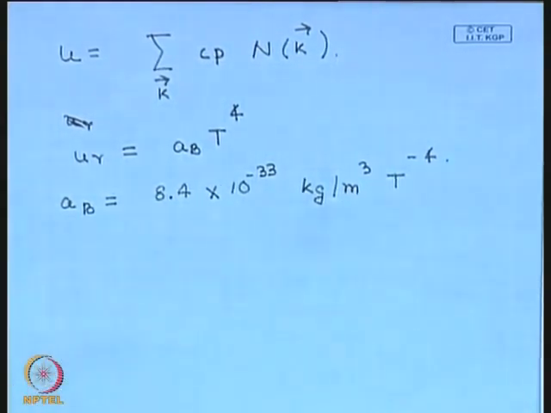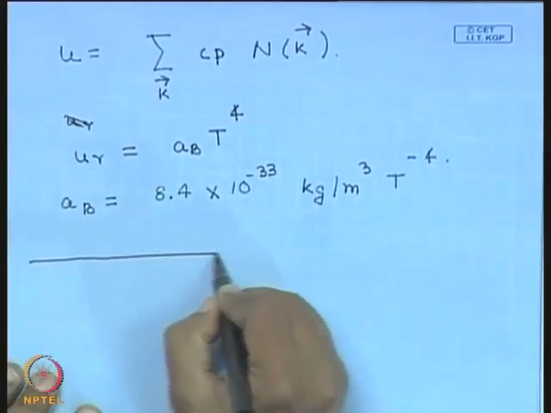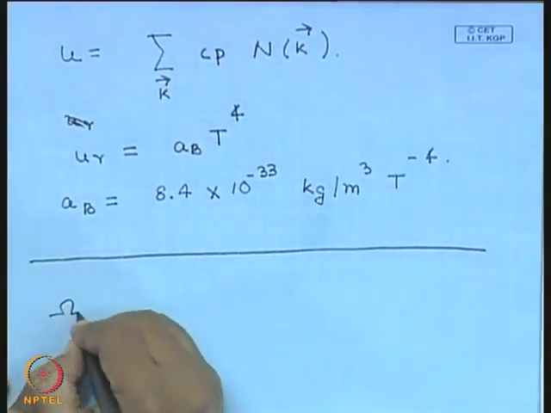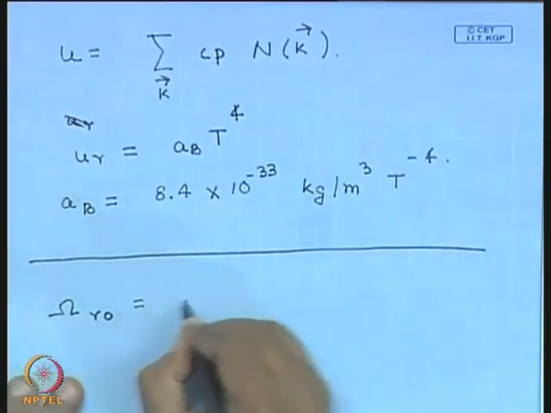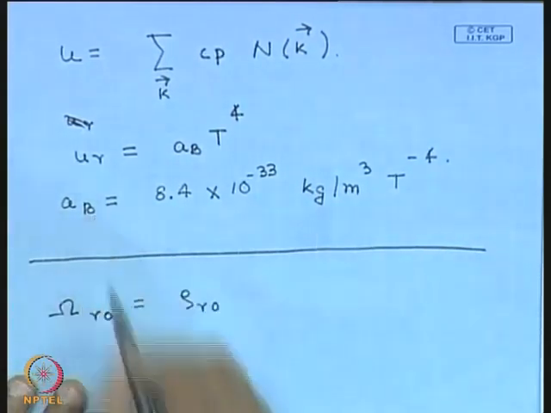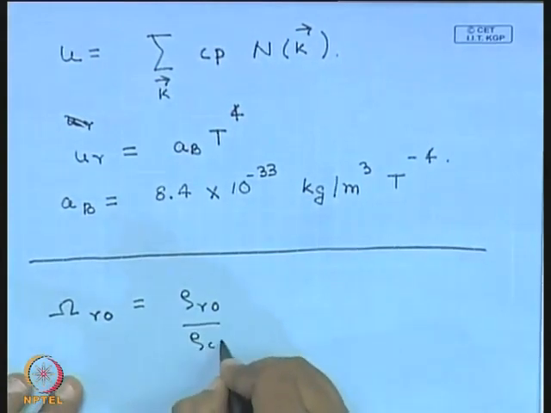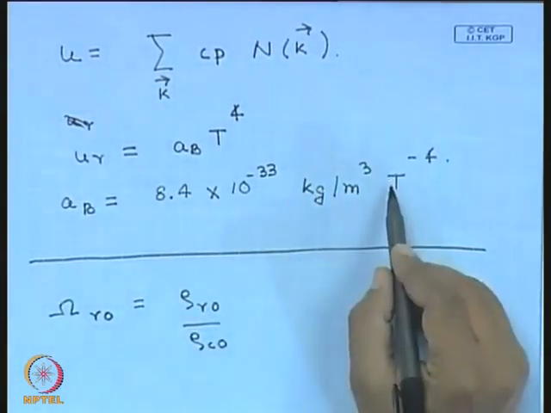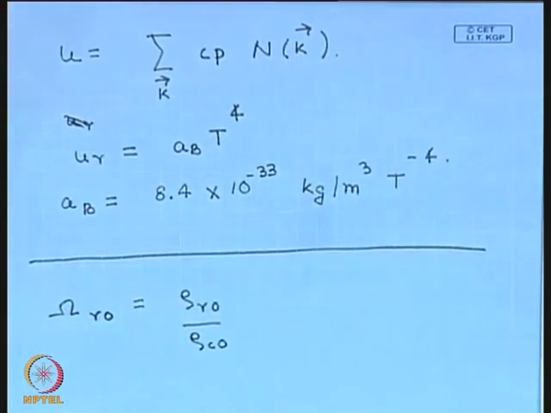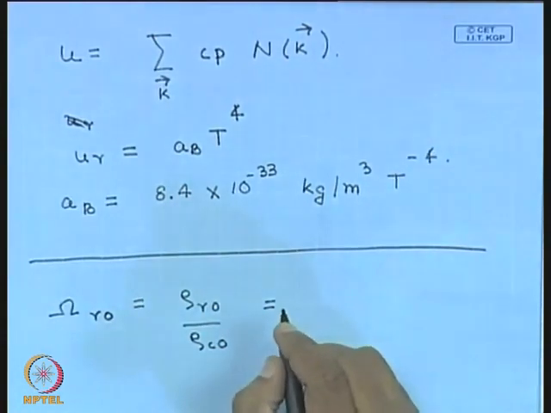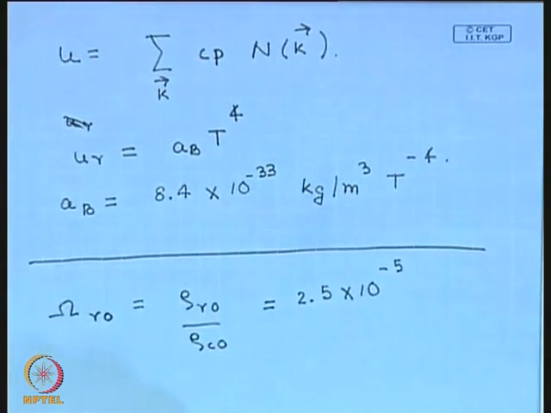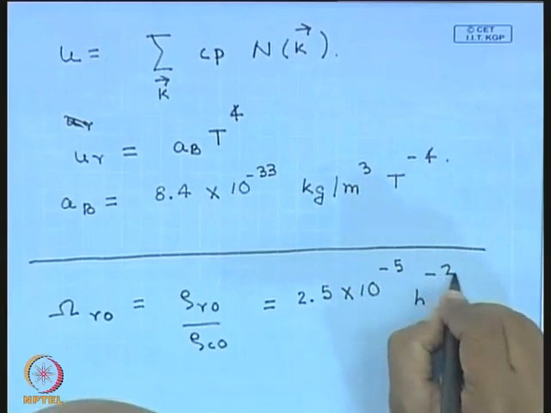Okay, so we can use this to calculate the contribution from the CMBR to the present density of the universe, and this contribution is parameterized using omega gamma naught, which is the ratio of the present density in the CMBR to the critical density, which we have already seen is 3 H naught square by 8 pi G. So you have to just put in the value of the temperature, 2.735 Kelvin, and what you will get is that this comes out to be 2.5 into 10 to the power minus 5 h to the power minus 2. h to the power minus 2 comes because of the H naught square here.